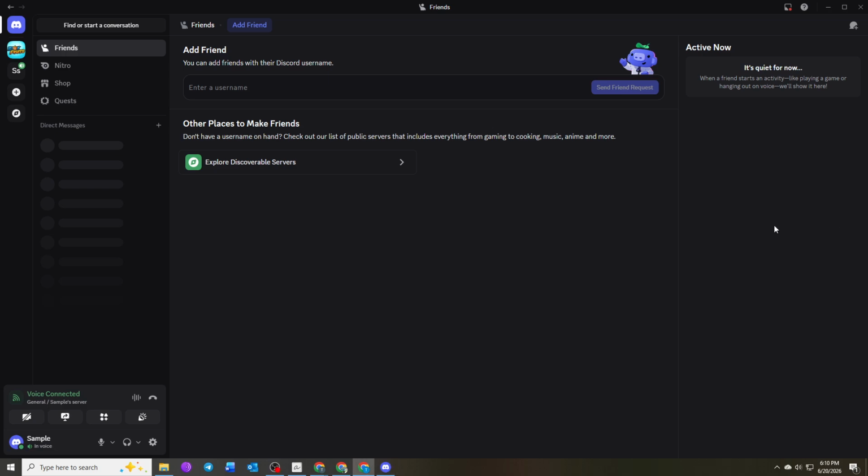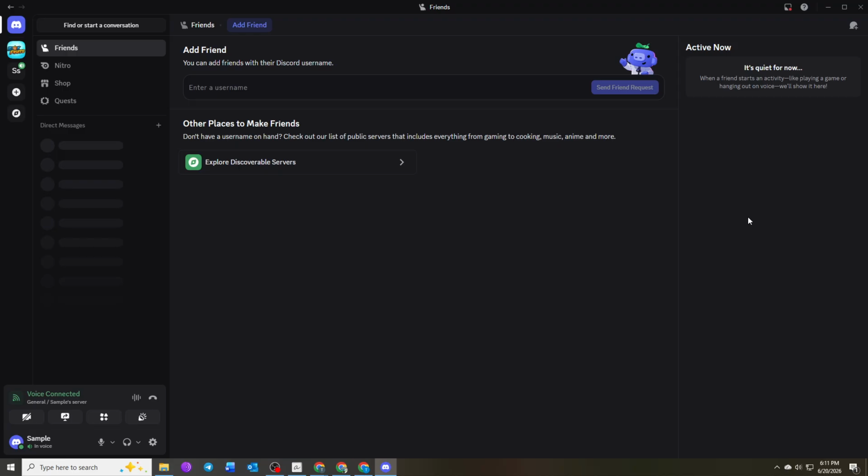In today's video, I'm going to teach you how to verify your Roblox account on Discord Bloxlink. Verifying your Roblox account through Bloxlink is an important step if you want to gain access to certain Discord servers, unlock community features, and ensure that your Roblox profile is properly connected to your Discord account. In this tutorial, I'll guide you through the entire verification process from start to finish so you can get everything